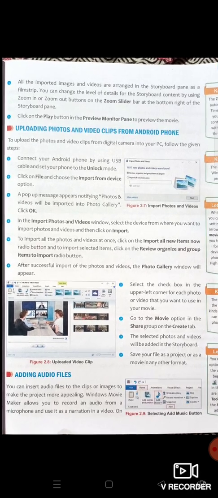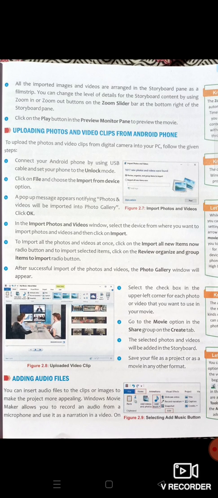Okay, the next topic in this chapter is uploading photos and video clips from an Android phone. It means if you want to import any files, images, video clips, or any movie from your mobile phone to Movie Maker, how can you do this? Listen to me carefully. First of all, you have to connect your smartphone with the computer. Use a USB cable for that. Connect your mobile phone with the computer and then